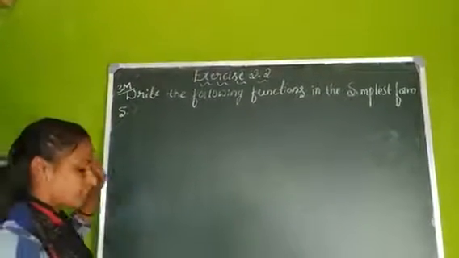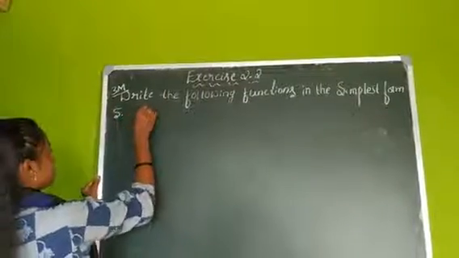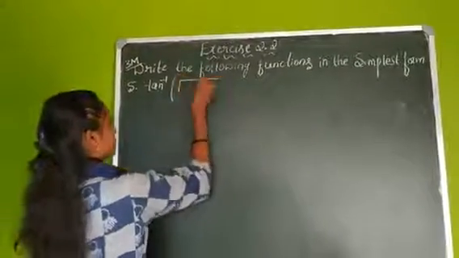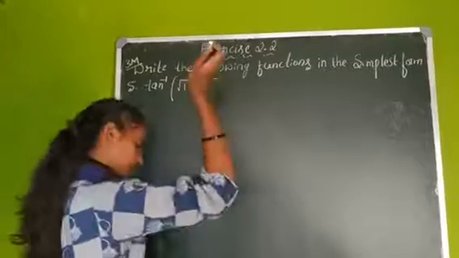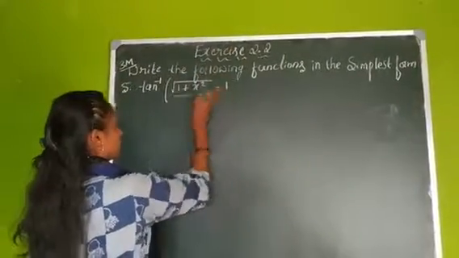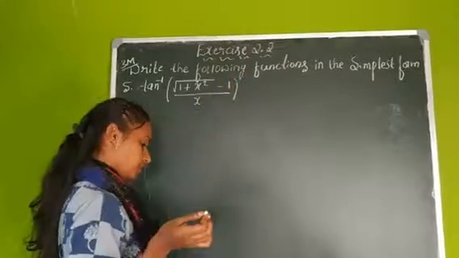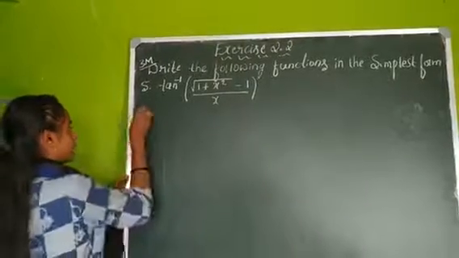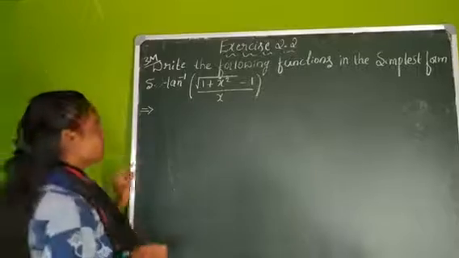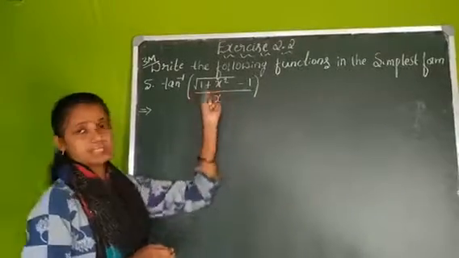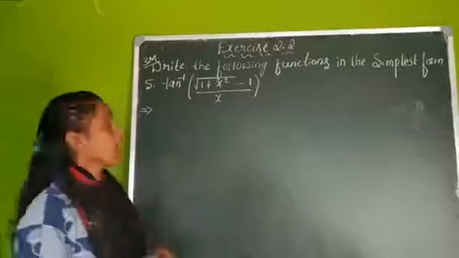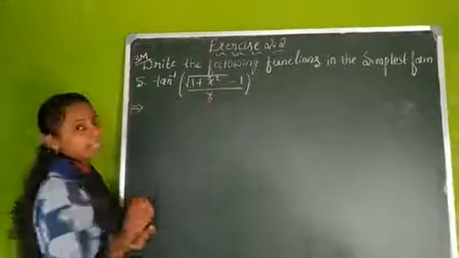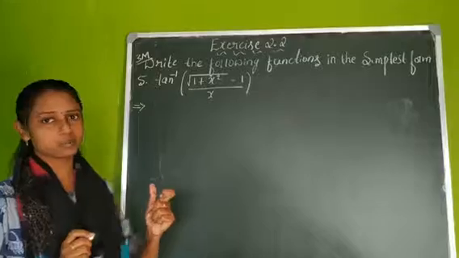Okay. So the fifth question is tan inverse of (square root of 1 plus x square, minus 1) divided by x. Now we need to express this inverse function in the simplest form. As I said, while solving this type of problem, if the inner function is with a variable, that is the x, then you should go with the substitution. If the function is trigonometric, then you can apply the formula. But here there is a variable, so you should go with a suitable substitution.